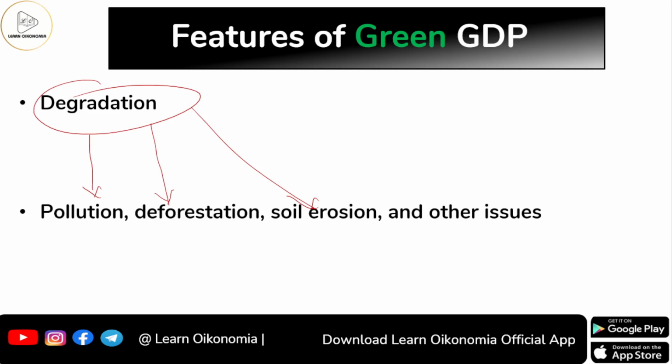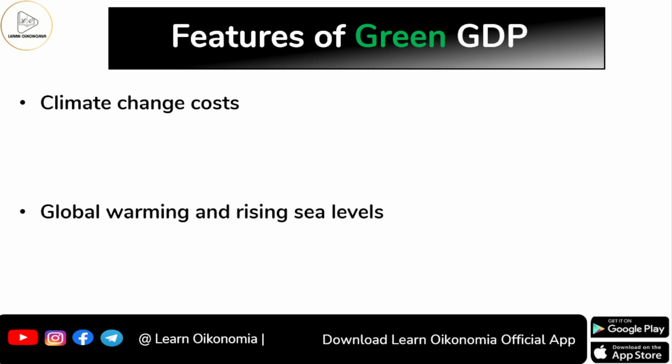But if you are not having any trees or any roots of the trees to hold this soil firmly, definitely as a result of wind, as a result of water, etc., these would get washed away, and definitely it will be affecting the fertility of plants and all. So all these are again depletion. The traditional GDP won't capture all these kinds of things, but green GDP will do. Green GDP will take into consideration all these kinds of degradation that we will be making onto nature. So for the same reason, we could find that this is an eco-friendly measure in that sense. Again, the climate change cost.